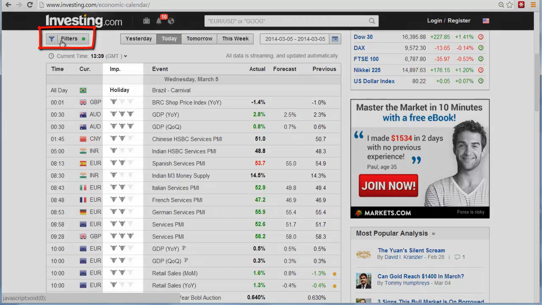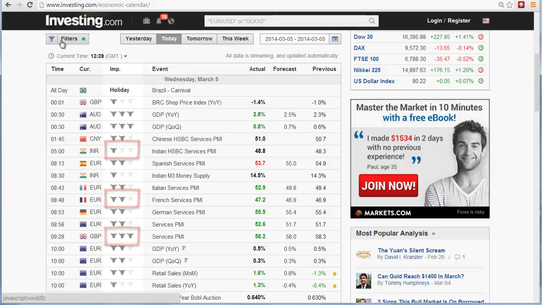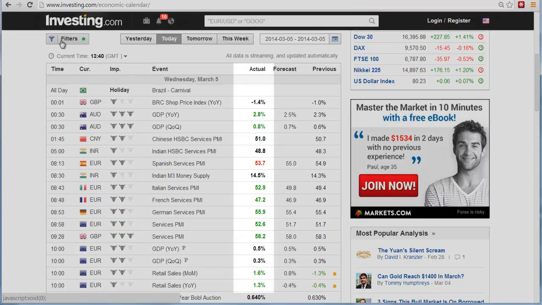Pay attention to important news. They are marked in the economic calendar with 3 bulls. News of medium importance are marked with 2 bulls. And the low importance news are marked with 1 bull. The higher the importance of the news, the higher the impact it will have on the currencies. When trading a currency, pay attention to the news that comes out on both currencies.